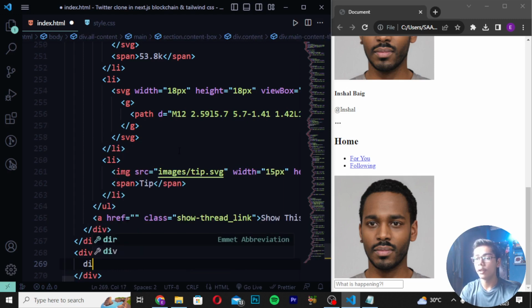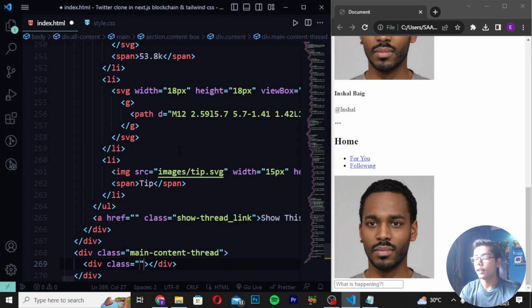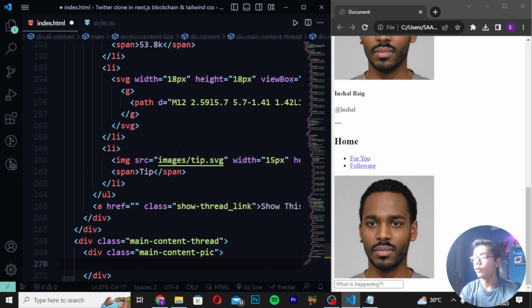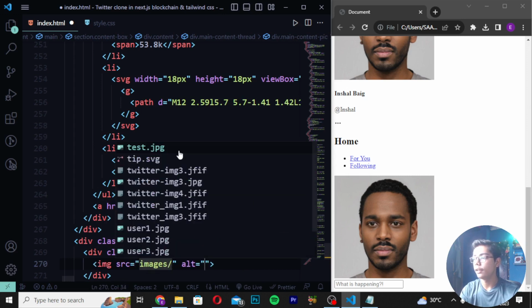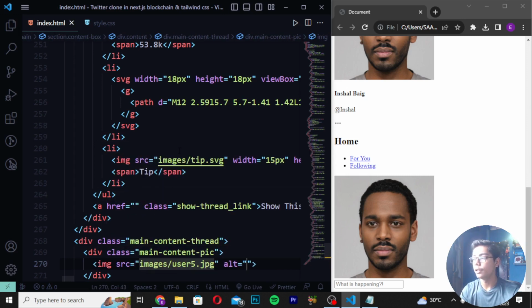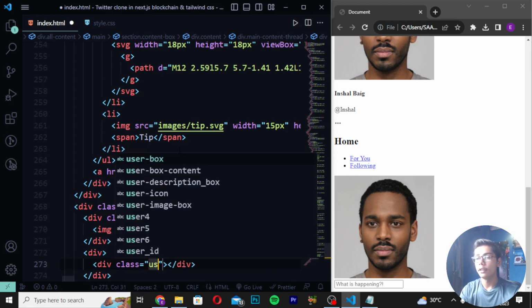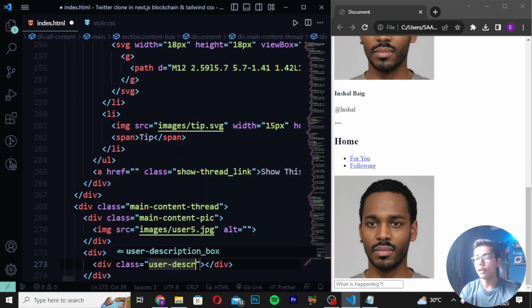Here I will be moving down and creating a div class. Here I will be writing main-content-big. Now you have to move down and write here images slash, and then I will be writing user5.jpg. Then you have to create a div, in which I will be writing the class user description